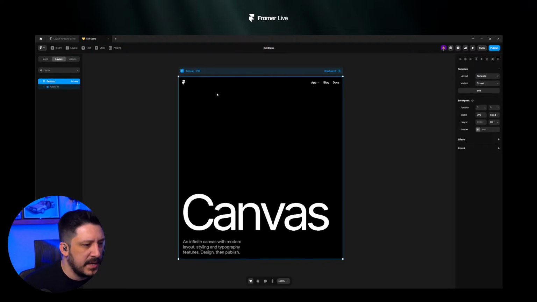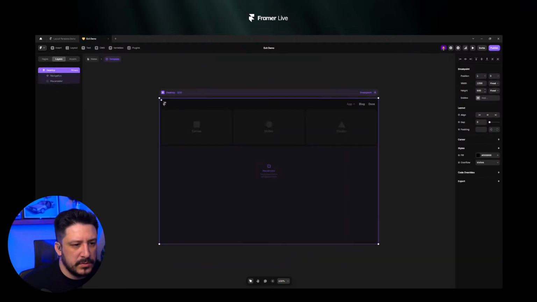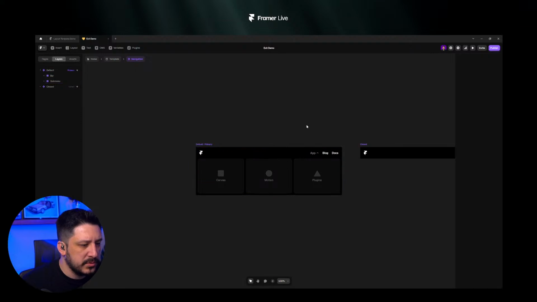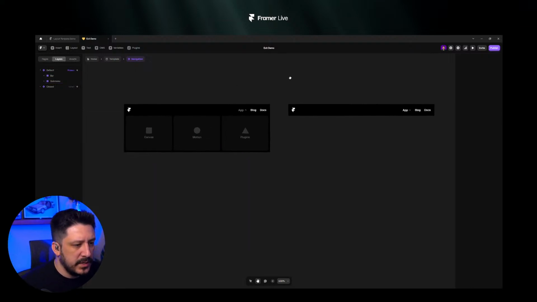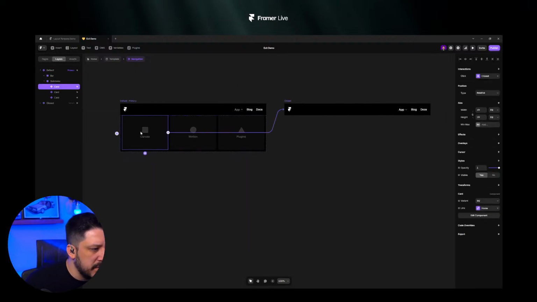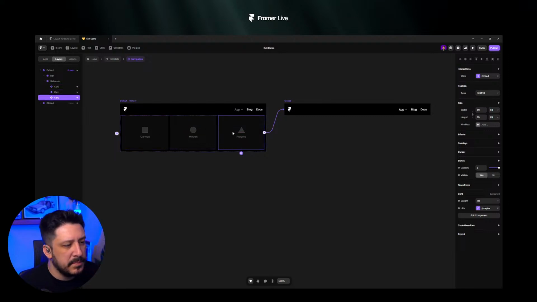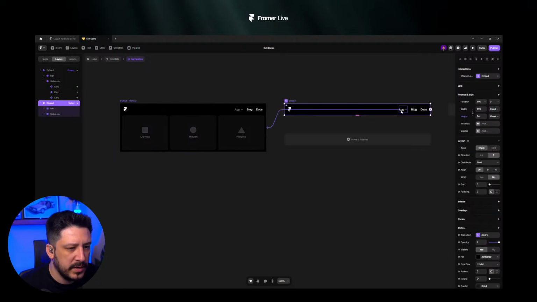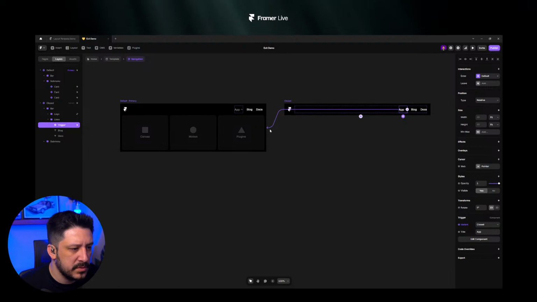So I'll show you guys how this breaks down. Let's go into the layout template itself, and we'll go into the actual component. It's literally just these two components here. Each menu item is linked through an interaction to our closed variant. And that closed variant is just set to close on click. We're going to this one on click. And then over here, this one just goes straight to here